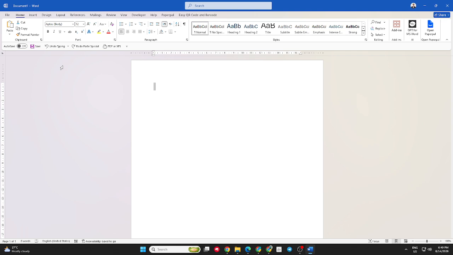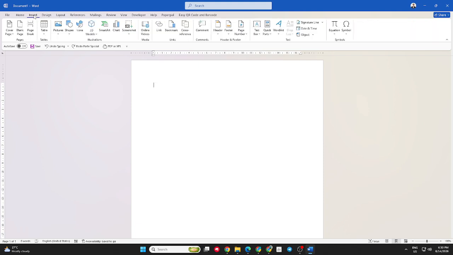First, open Microsoft Word and create a new blank document. This will be the main document where all of your other Word files will be combined. Once the blank document is open, place your cursor at the location where you want the content from the other document to appear. Next, go to the Insert tab at the top of Microsoft Word, look for the Text section,